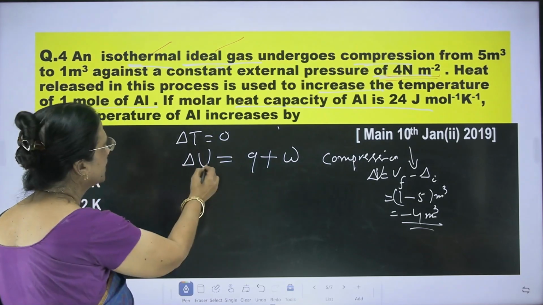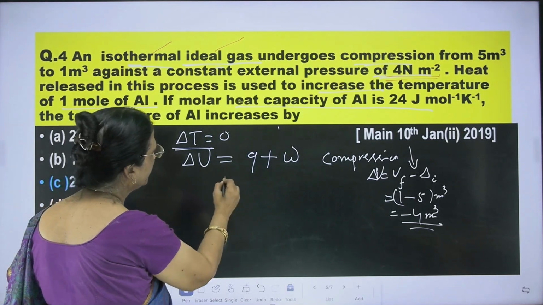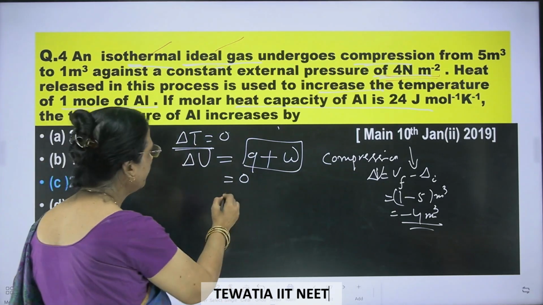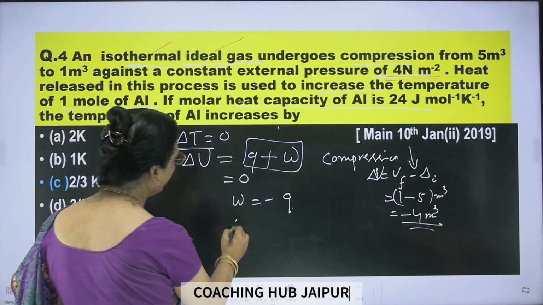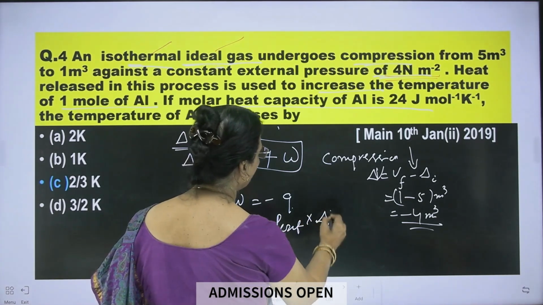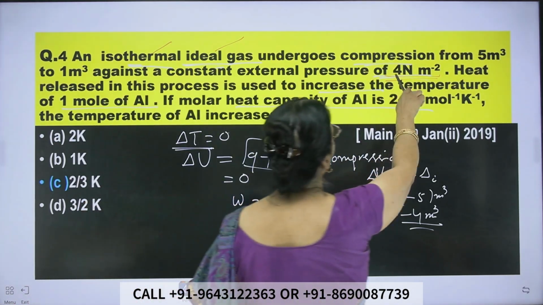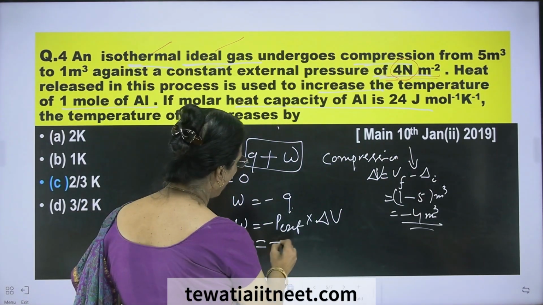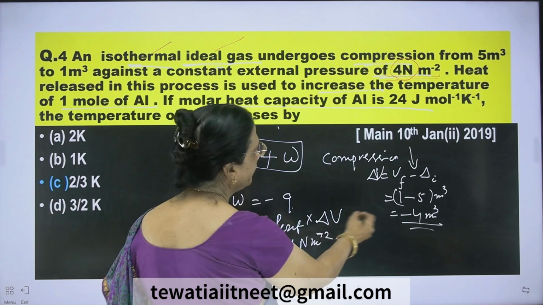Clear? Now this isothermal process means del T is equal to 0. So del U is also equal to 0. Okay, that means the sum of Q plus W is equal to 0. So here W is equal to minus Q. Clear? Now let us see what W is. W is equal to minus P external into delta V. The external pressure has been given as 4 Newton m minus 2. So here it is equal to minus 4 Newton m minus 2 into del V, which is minus 4